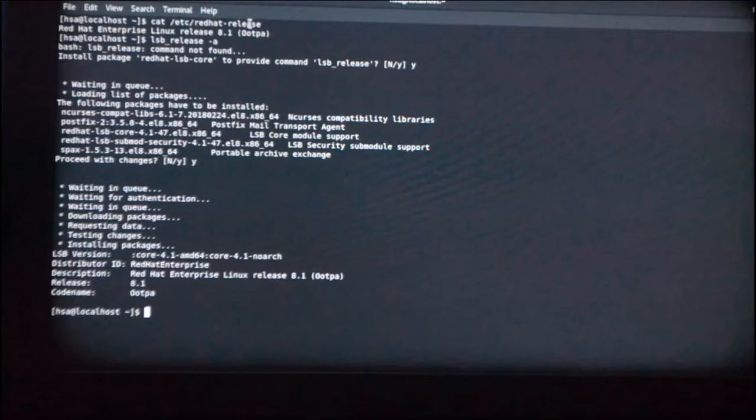Whereas the lsb_release -a bash shell command returns that the LSB is not found. So what the system now recommends is to install the Red Hat LSB core to provide the command lsb_release. So what I simply did is that I said yes. It waited in queue, it loaded a bit of sequences, it said proceed with the changes. I said yes, waiting in queue, it does all the installing,